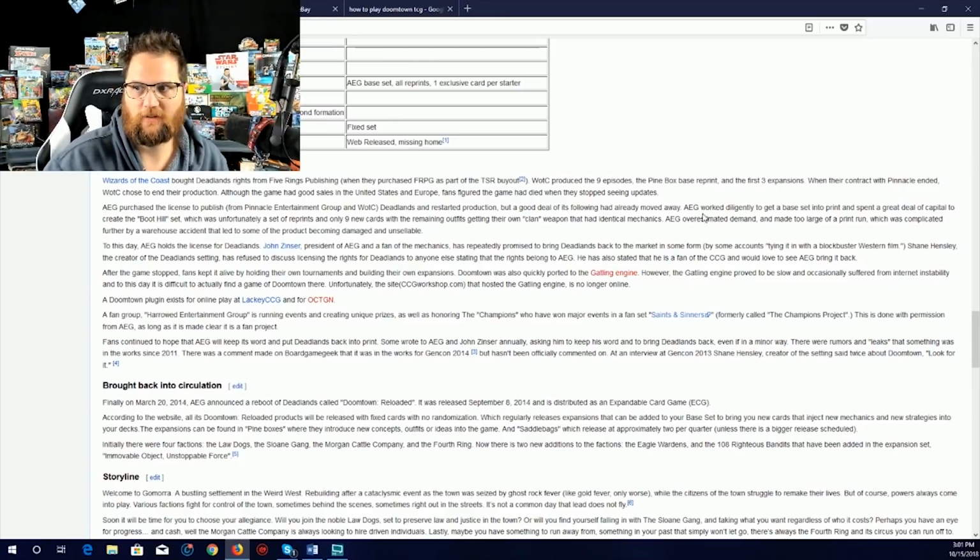AEG worked diligently to get the base set to reprint and spent a great deal of capital to create the Boot Hill set, which was unfortunately a set of reprints. And as you know, with reprints, that never ends well. Magic the Gathering, we had some of the most historic reprint sets, like Chronicles, nearly killed the game. But when I was at